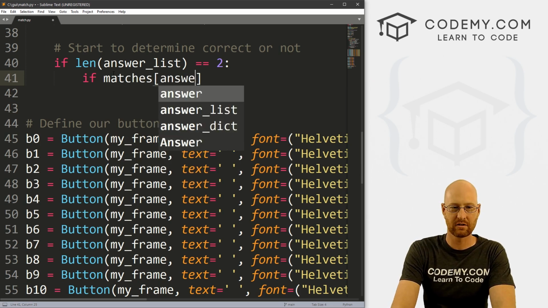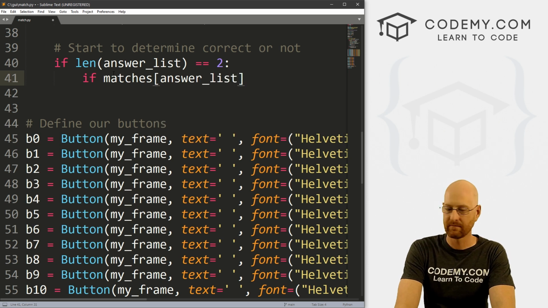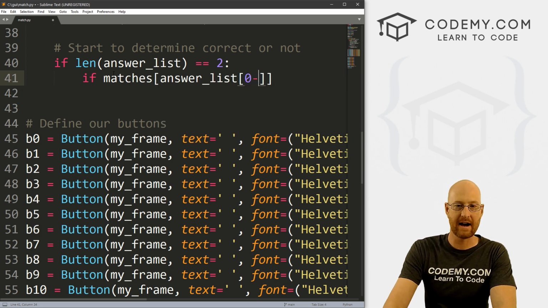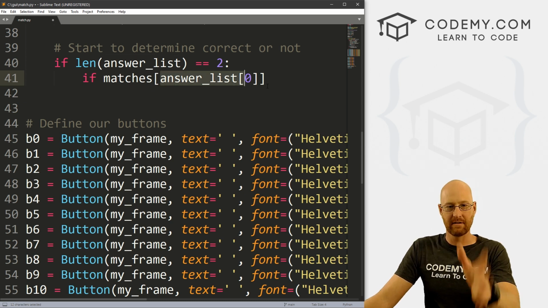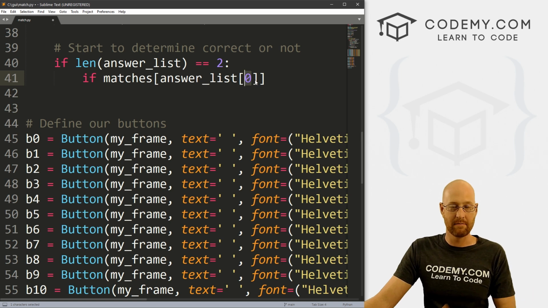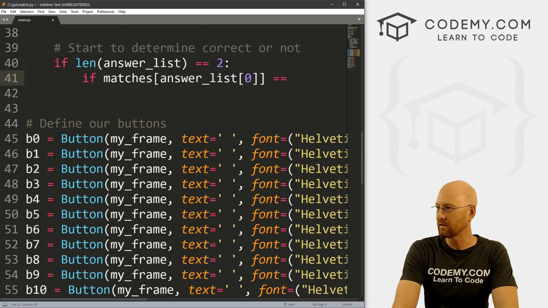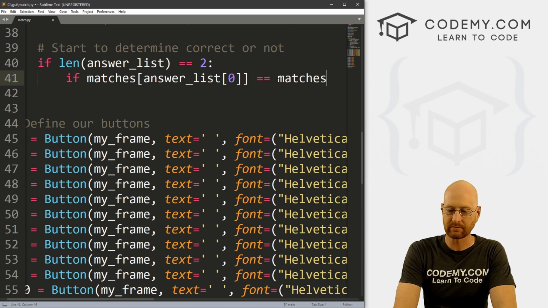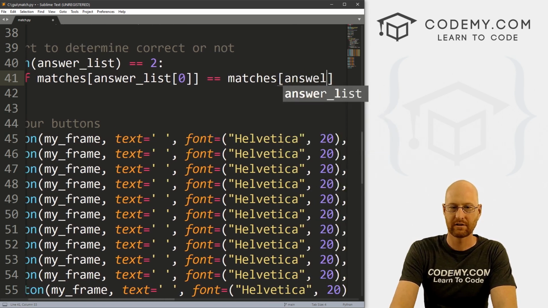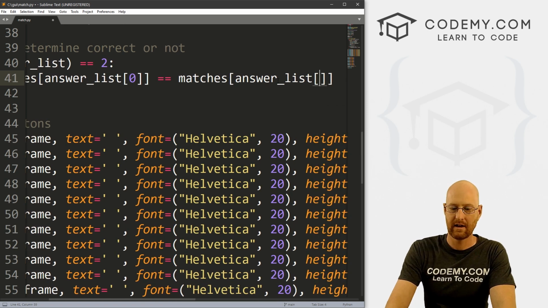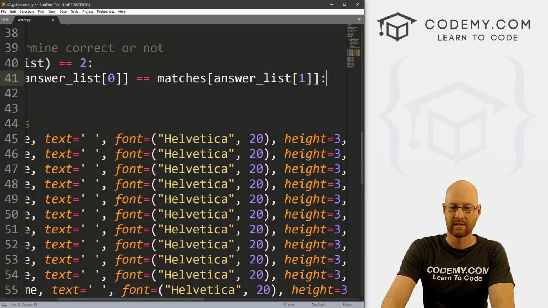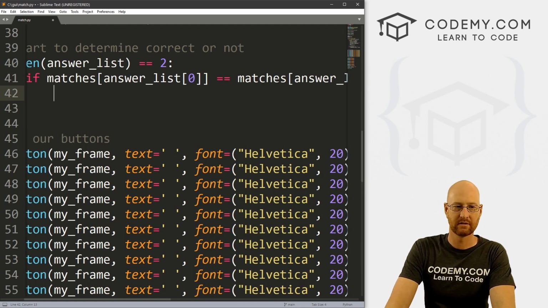Well, we have our answer underscore list, and we want the first item in our answer list. Remember, this answer list returns two items, and the first item is item number 0. The second item is item number 1 because lists start at 0. So we're going to say if that first number equals matches answer underscore list and the first item, right? So if those two things match, then let's